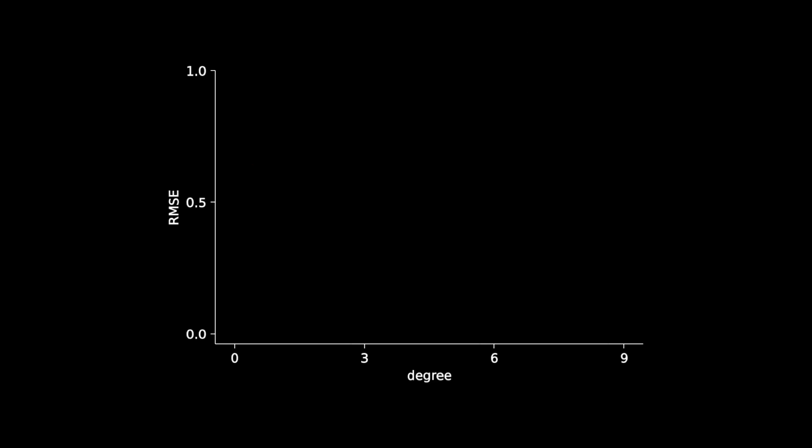Now here is a plot showing how polynomials of various degrees fared when they were subjected to this root mean square error. On the x-axis are shown the polynomial degrees. As you can see, this time I have included many other models, essentially every one between 0 to 9. The process was done for training data points as well. So let's first see how the models fared on those. This plot agrees with what we had seen earlier. The polynomial with degree 9 has the least error, or the lowest RMSE.